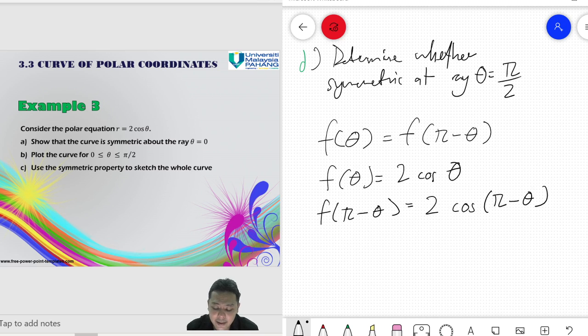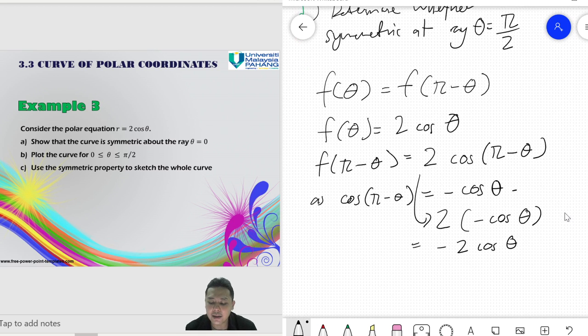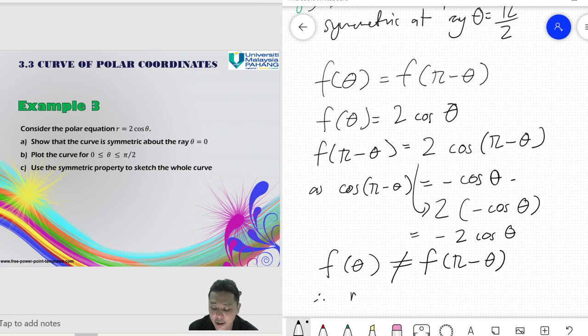And I use a supplementary identity, which states that cos(pi minus theta) is actually equal to negative cos theta. Alright, so proceeding here, it will be 2 times negative cos theta. I simplify, it becomes negative 2 cos theta. As you can observe here, f(theta) equals 2 cos theta. f(pi minus theta) equals negative 2 cos theta. Therefore, f(theta) is not equal to f(pi minus theta), and I put a conclusion: not symmetric